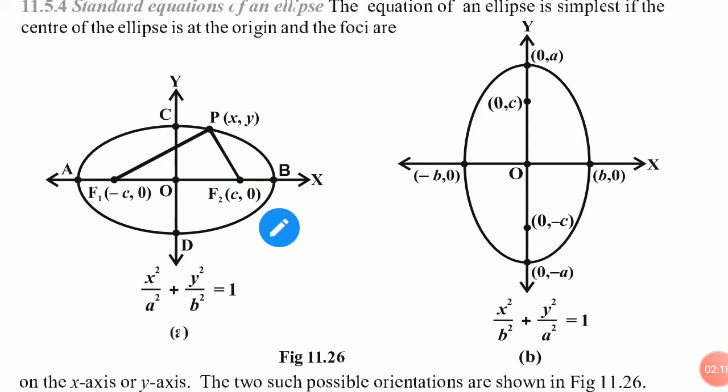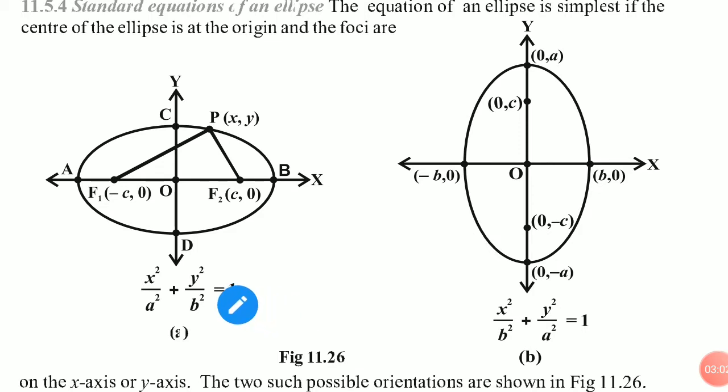First you have to understand this. Here the foci are c,0 and minus c,0, and when the ellipse becomes vertical, the foci also change to 0,c and 0,minus c, where the x coordinate is 0 and now the y coordinates are c. Vertices also change in the same manner. Here the vertices are a,0 and minus a,0, so the x coordinate becomes 0. So in the vertical ellipse they are 0,a and 0,minus a. So only the coordinates exchange, everything else is the same.